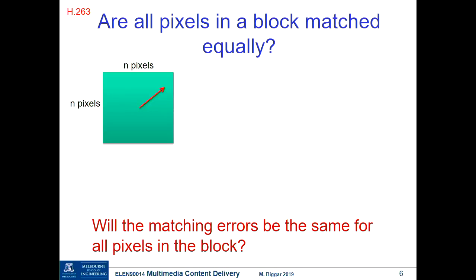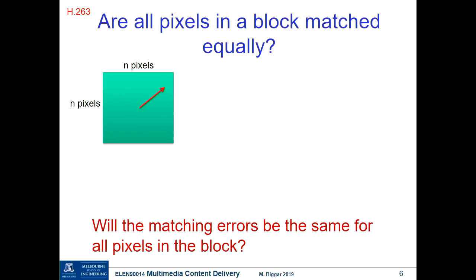If we have a set of pixels that we're trying to predict using motion estimation, then the block of pixels that we match